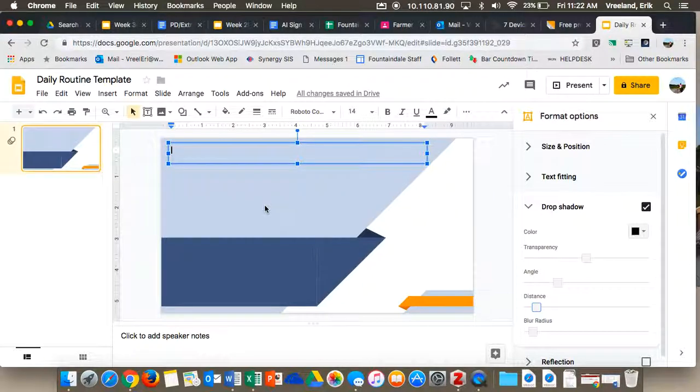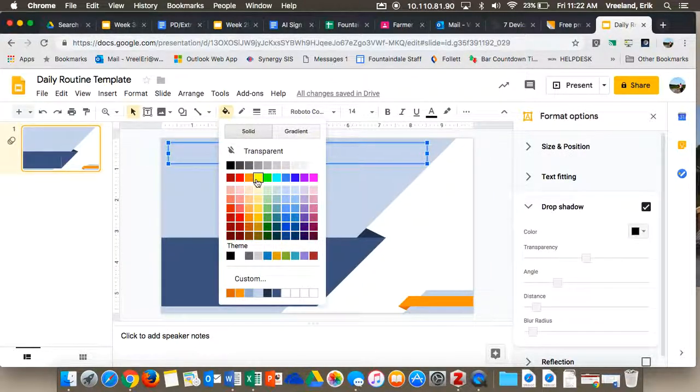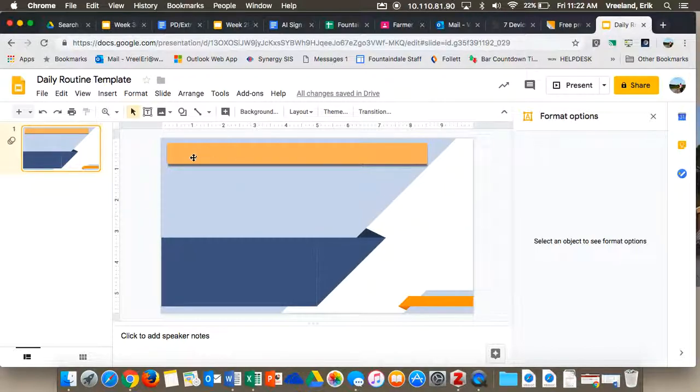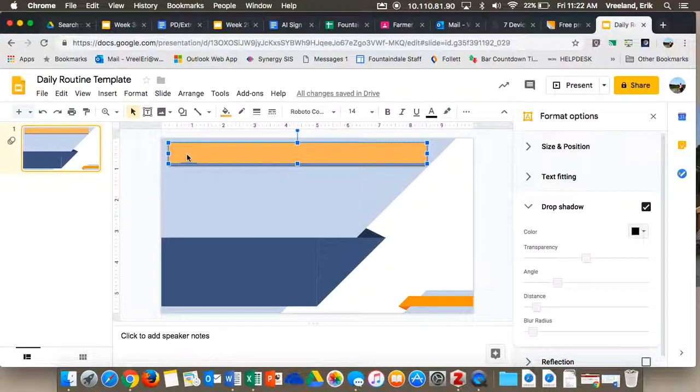And I'm going to fill it in with some colors. So maybe I want this text box to be orange. So now I've got a text box and it's orange and it looks like it's floating. So now up here, maybe I'll put